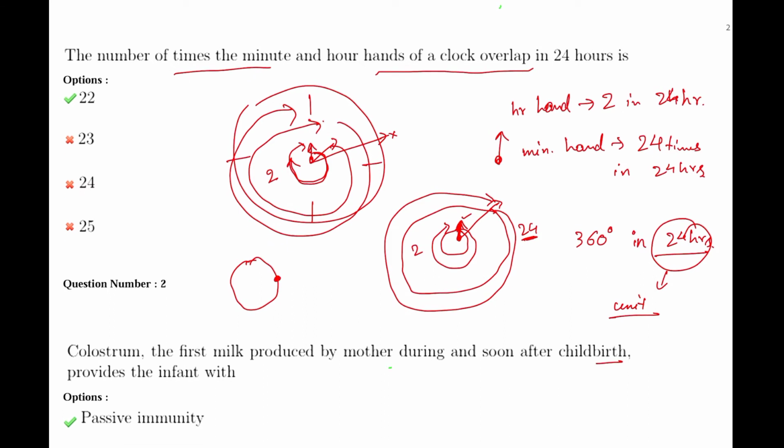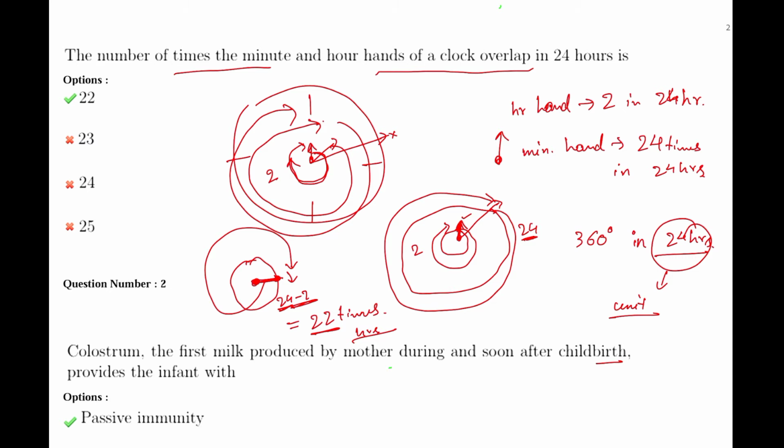If the hour hand is stationary, then the minute hand is actually moving at 24 minus 2. The hour hand was moving at a speed of 2 per day, and the minute hand was moving at a speed of 24 in a day. So the net speed will be 22 times, 22 times faster than the hour hand. To cover the same 360 degrees relative to the hour hand, the minute hand will be 22 times faster.